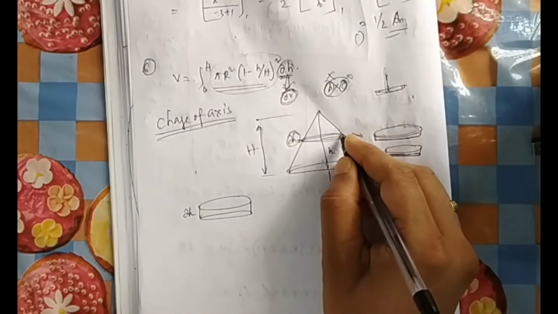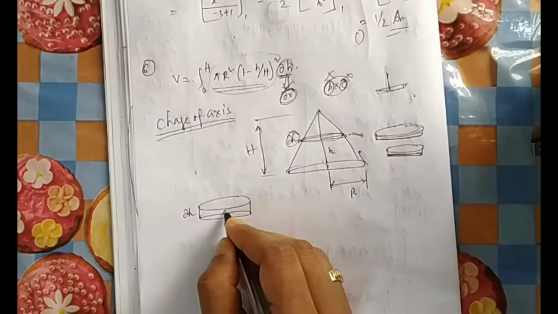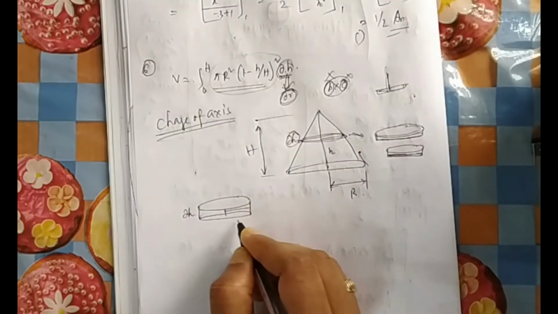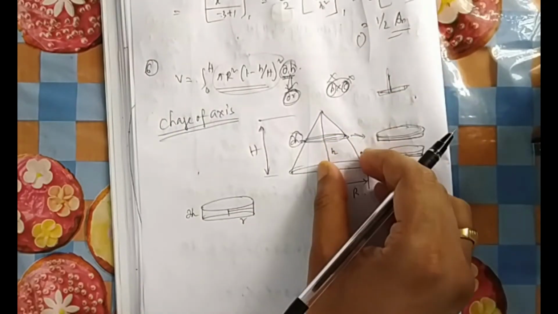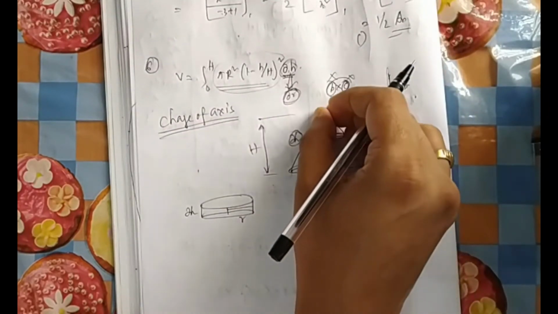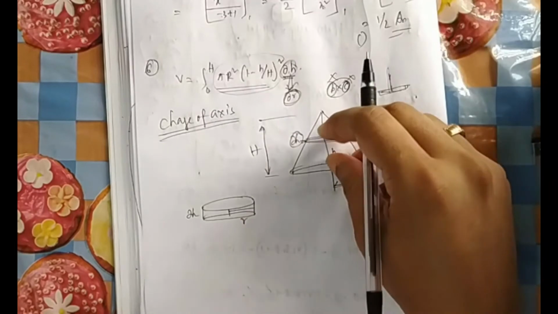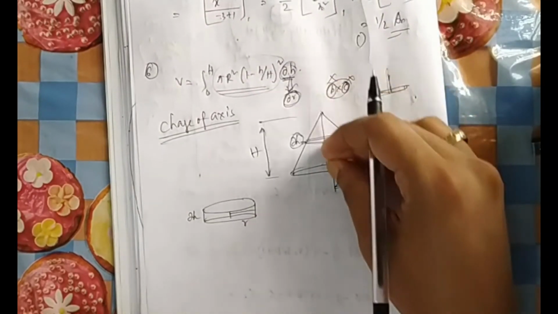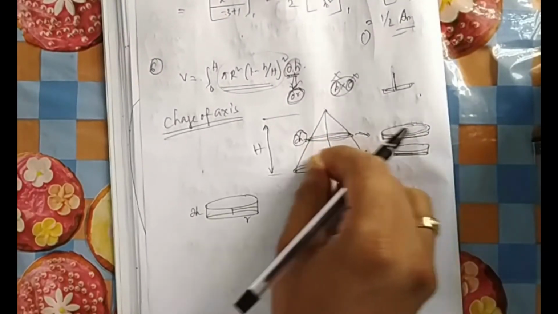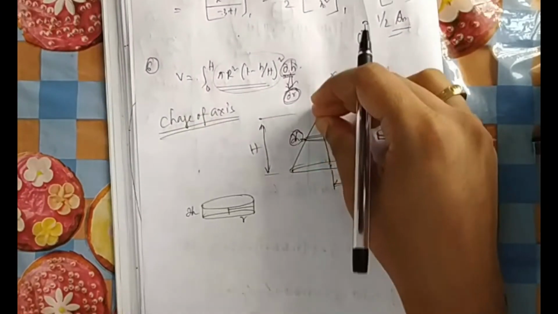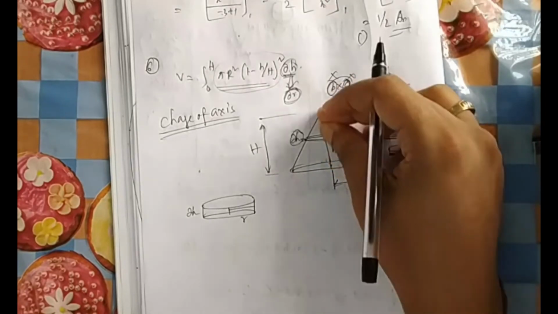So obviously this radius will change now. What will be the radius? Because it is also changing. As you are moving this strip from here to here, this radius is changing. It is R, capital R, then finally it will reach 0. Similarly your h is from 0 to h. Because you are moving the h, you have to move the strip like this. You cannot move like this. They have given in this dimension 0 to h.